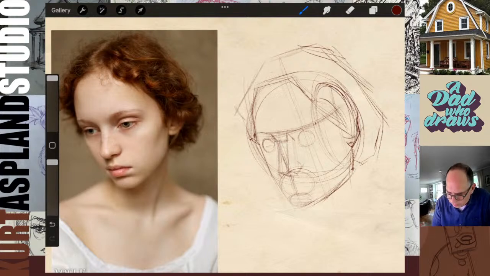I draw the whole eyeball because it helps me to place the pupil. And since she is looking down, the pupil is going to be toward the left. And I want to just go in really light. And the same thing on the other side here.